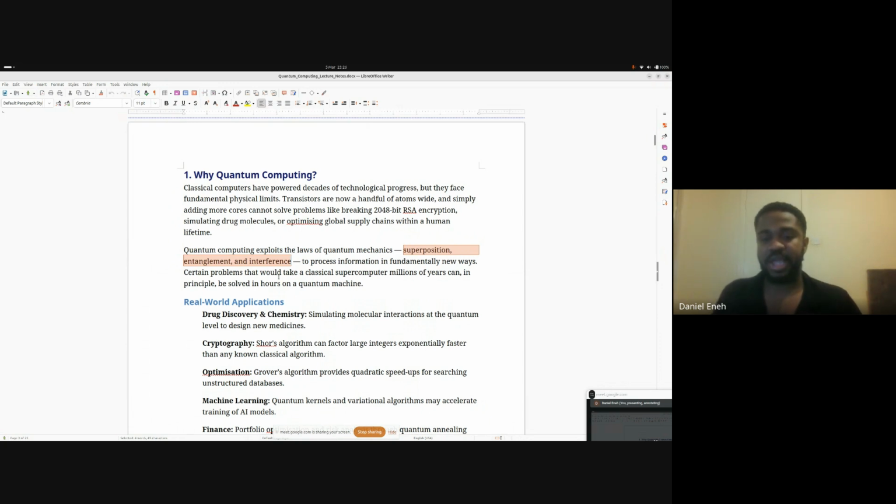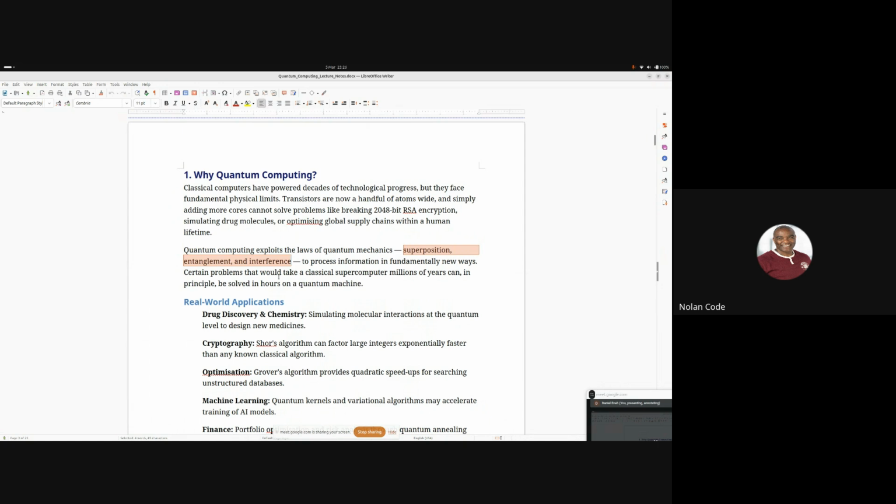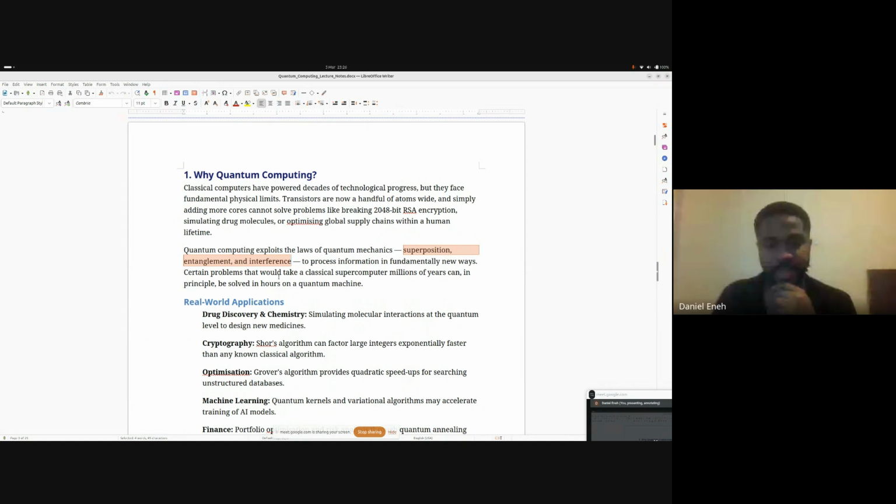So that gives it more like a kind of quantum parallel processing. Then we have what we call entanglement. It's like a penny spinning, right? Yeah, exactly, sir. In the case of entanglement, it is a state where one of the states affects the other. So we're going to look at those.